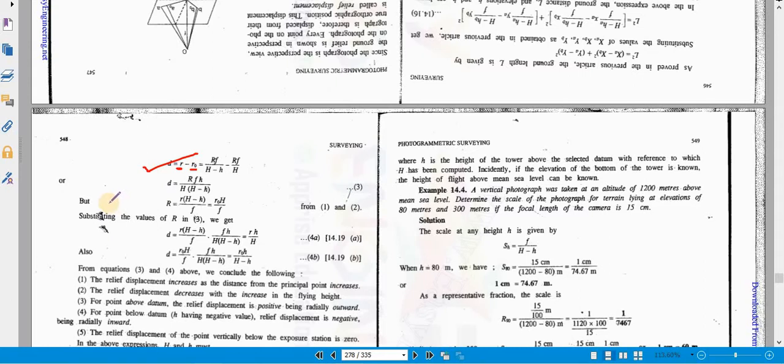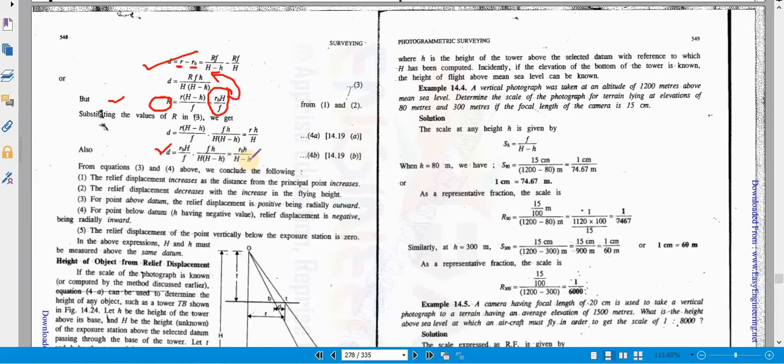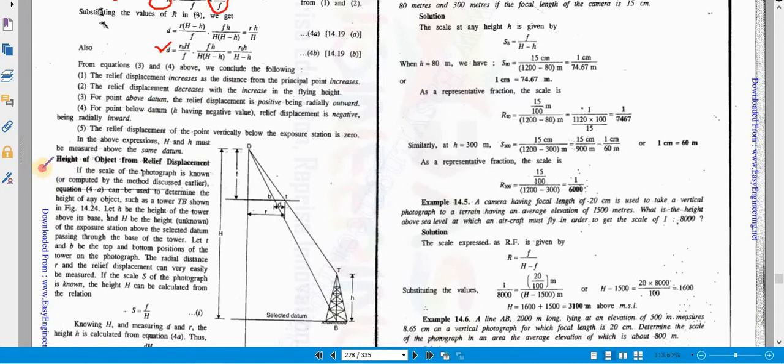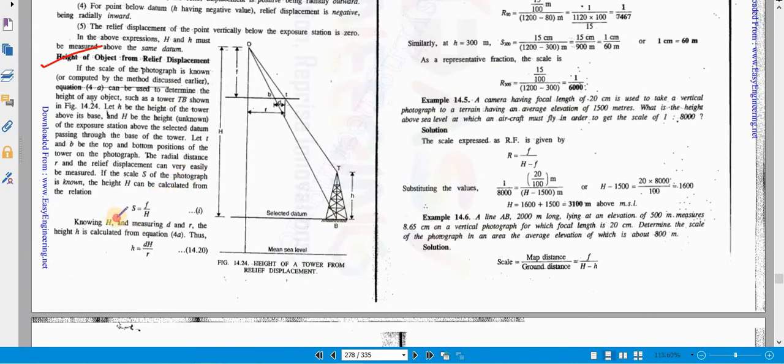So after doing a calculation, if you want to find out R, but if we know that this value R is given by small r into capital H minus h into F, so we can replace this, we can put this in this equation, and you will get your new equation, and the relief displacement formula becomes what? RO into h into capital H minus h. So we will use this formula. And sometimes it is also required to find out the height of the object from relief displacement. So the scale formula is F by capital H, and h is given by dh into R. Once we start with the numerical, we will try to understand how it has been